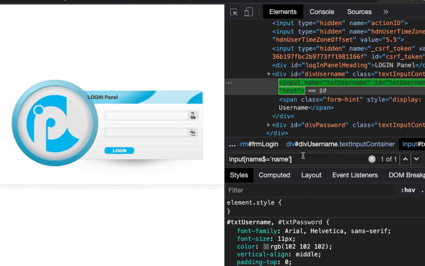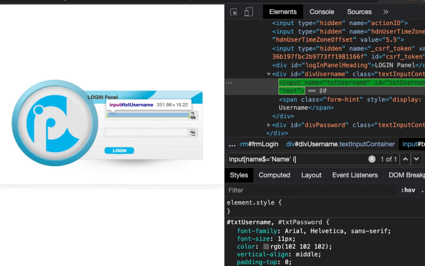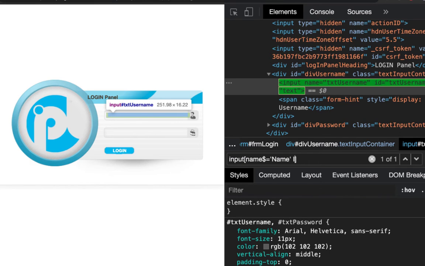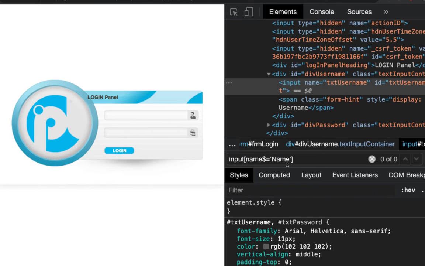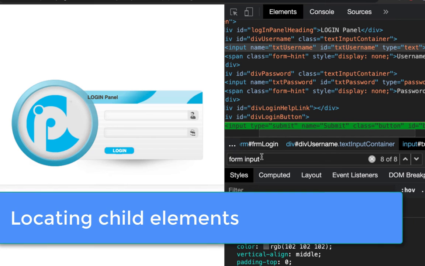If you don't know the case of the value, case sensitivity is not important, you can use i or capital I at the end to locate the element. You can use the asterisk sign if you know part of the value.